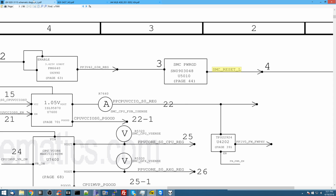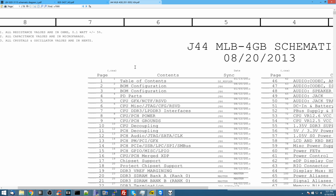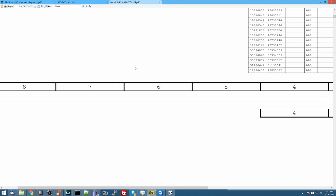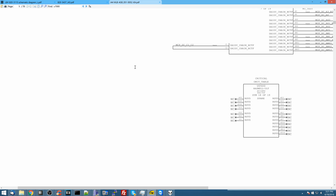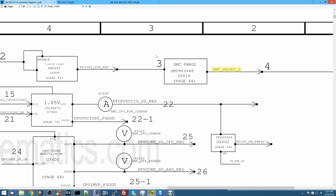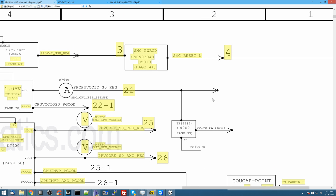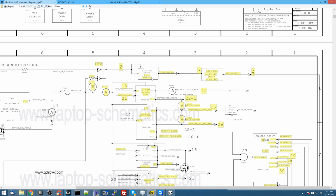why am I on the schematic? This is not even the right motherboard. I'm supposed to be looking at this one. Oh, this one doesn't have a diagram. So I'm using this. All right, so SMC Reset L is going to sit in between the PP3V42 power supply